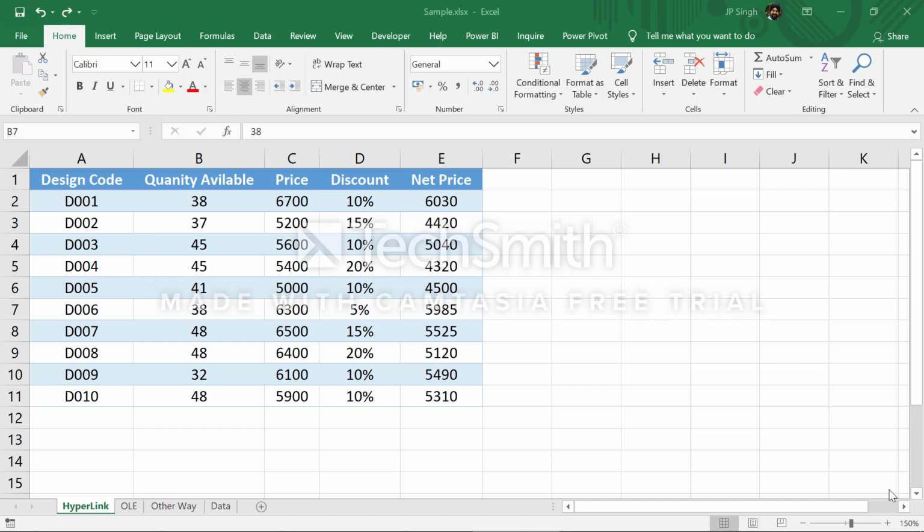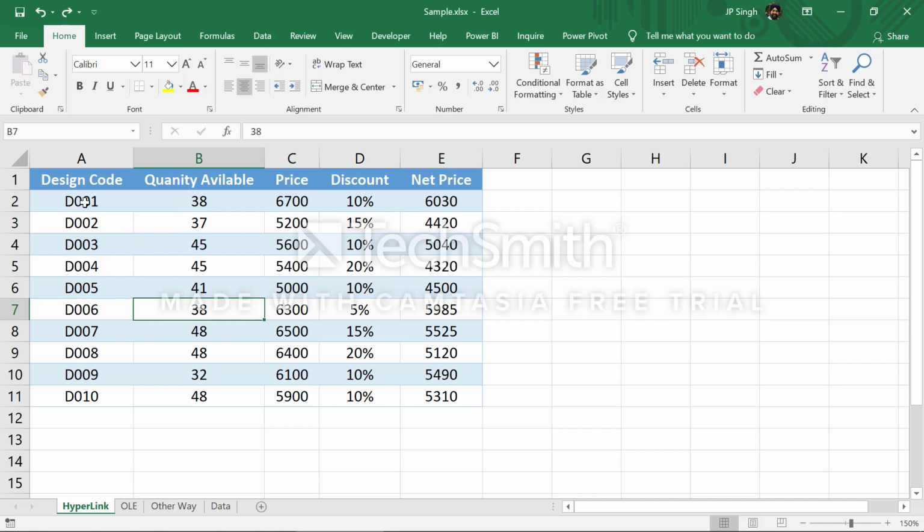First of all, I'm going to discuss hyperlink. This hyperlinking is a very easy terminology. We are linking something. Hyper means many. So we can link anything using hyperlinking, like a web page, like an image, like a file, anything. But in this scenario, the case study we have is some information about a fabric design code and the detailed information about that.